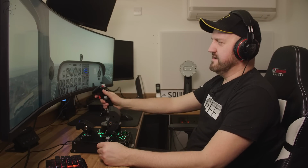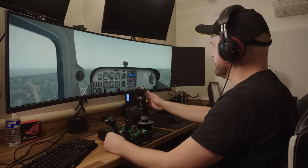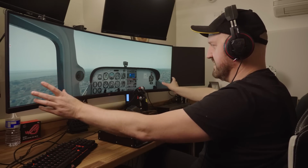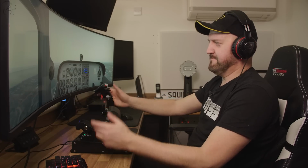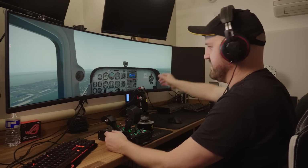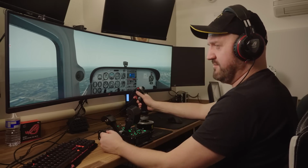So I've mounted the monitor in place of where my central monitor normally sits, and in the cockpit you've got a full clear view of the cockpit, great view outside. You do notice though that there isn't quite as much visibility as there was with the triple screen, which is to be expected. This monitor is only equivalent to 2 of those 3 screens, so I've noticed I can't see this pillar on the right here, and there's a good chunk missing off my left side,